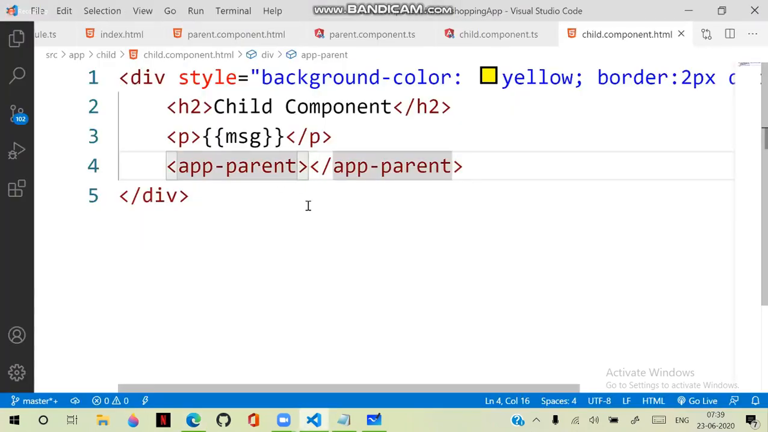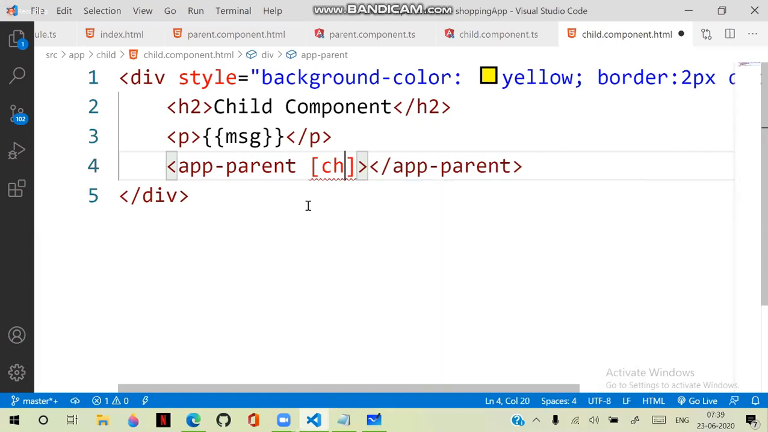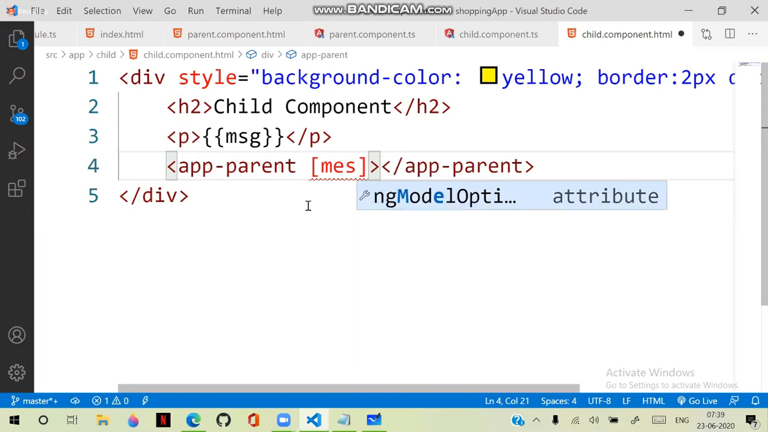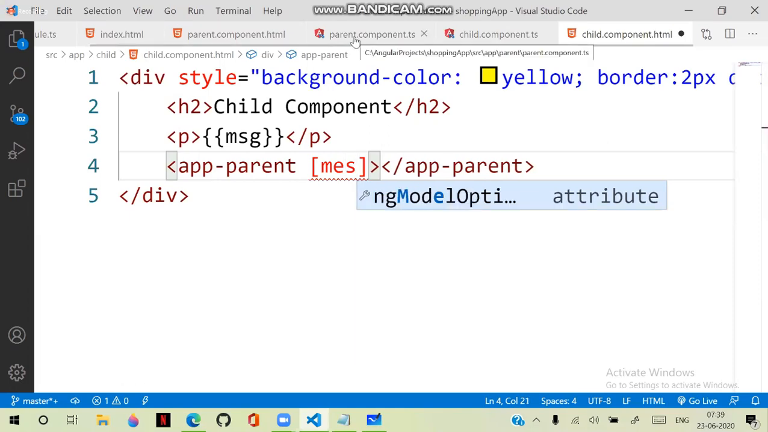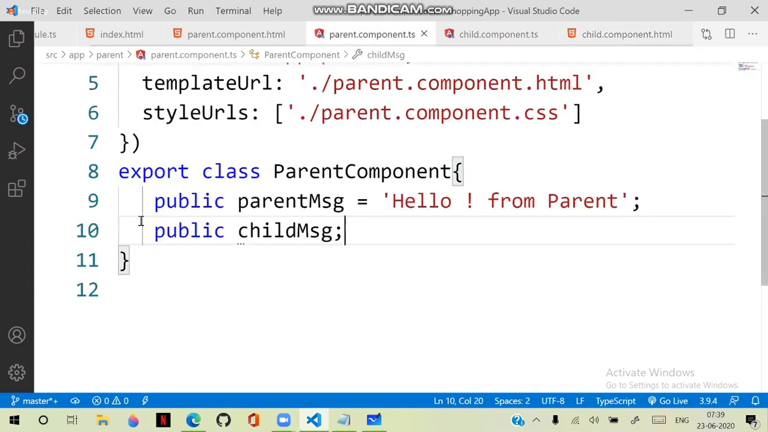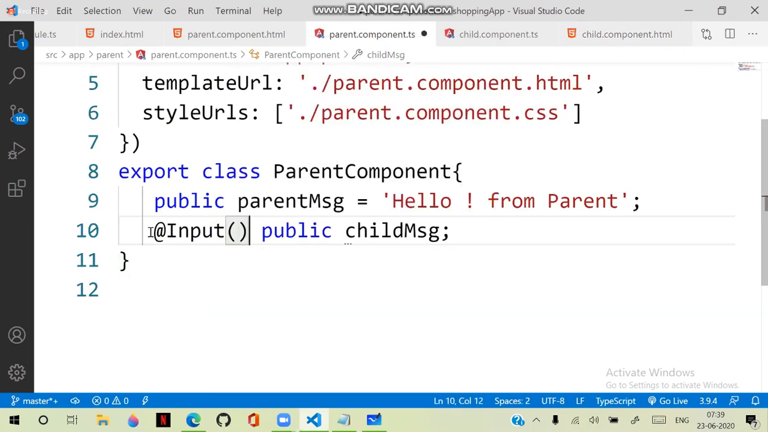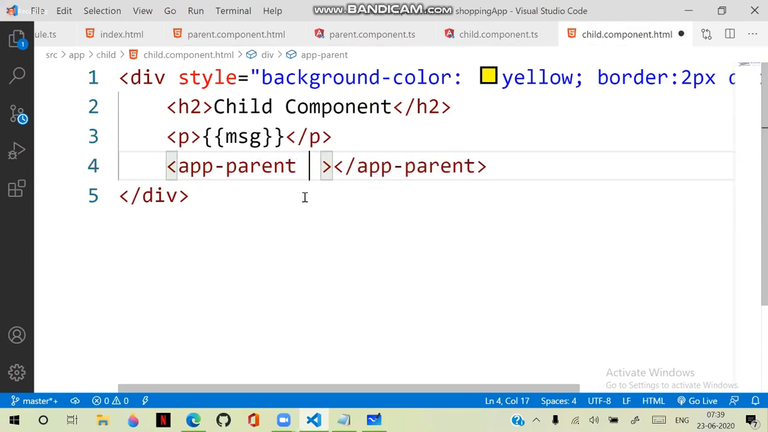That means here we are accessing the child message. The property we declared in the parent here, child message, is not available here. I will mark that property as input. That means here I am marking this as input. I am marking that as input. And we are accessing that here as some child